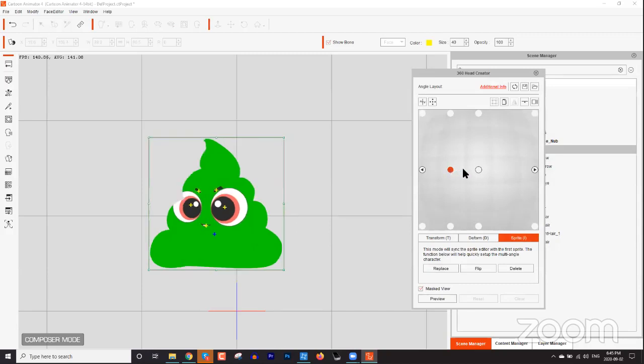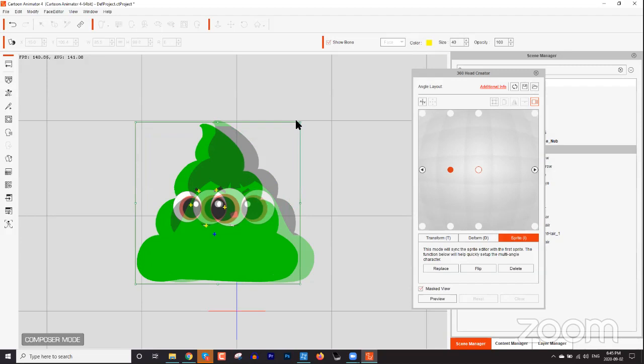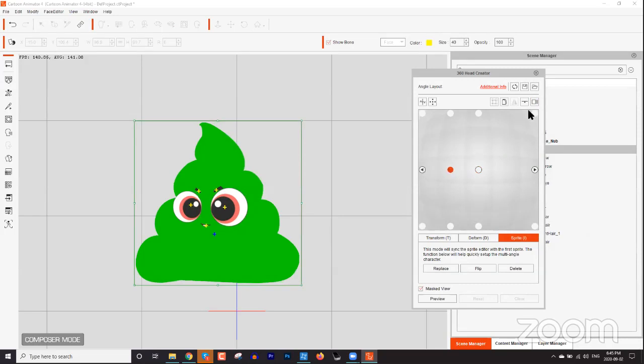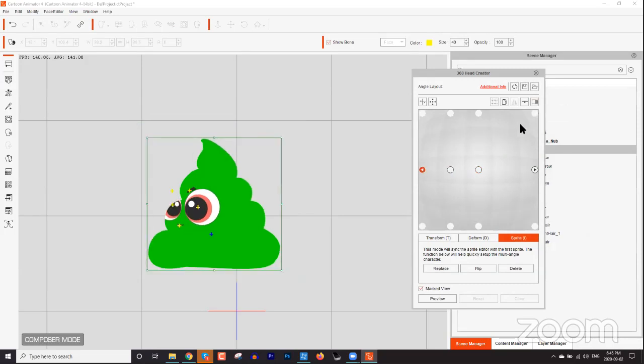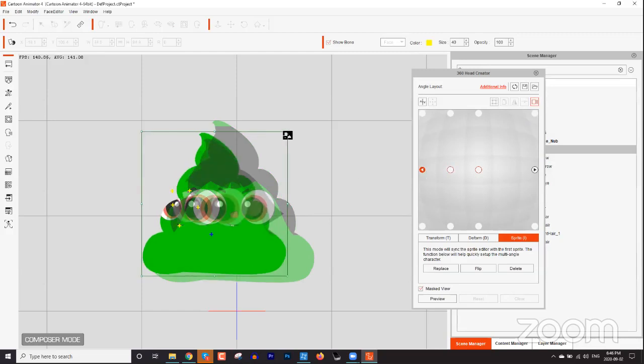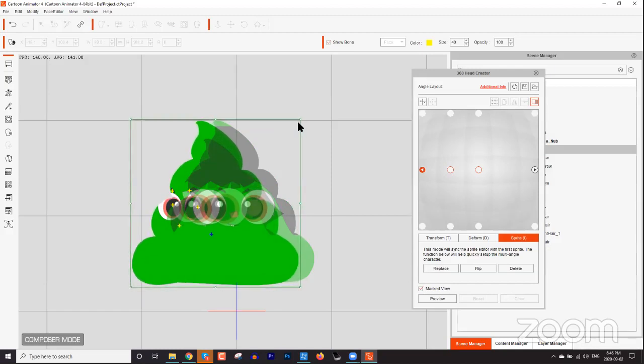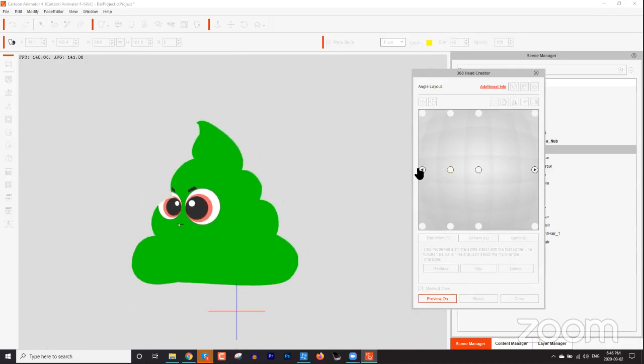Now the size, of course, is a little bit different. And the way you can adjust the size is we're going to use this onion tool right here. So onion layer, let's go ahead and select that, and then select our middle area right there. The shaded background one is the middle profile. We need to resize this a little bit. So it's maybe this big right here. And then go over layer mode there, and then do the same thing. If we select the left, and use our onion mode for this partial left, then we need to resize that just like that. Okay, and then we can go out of onion mode. And now if we preview, we have